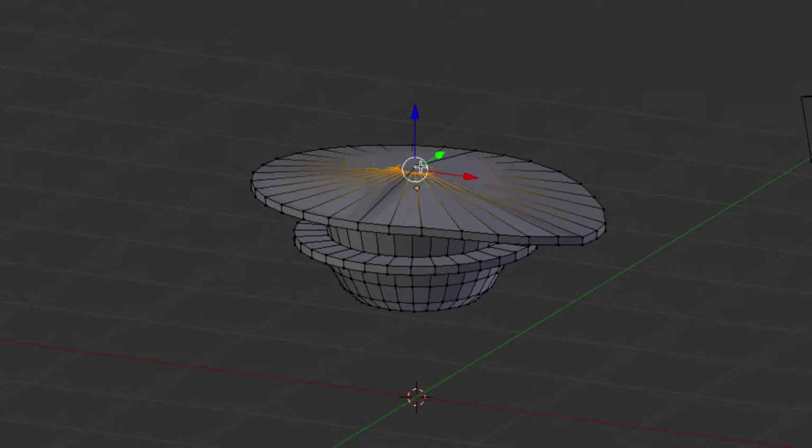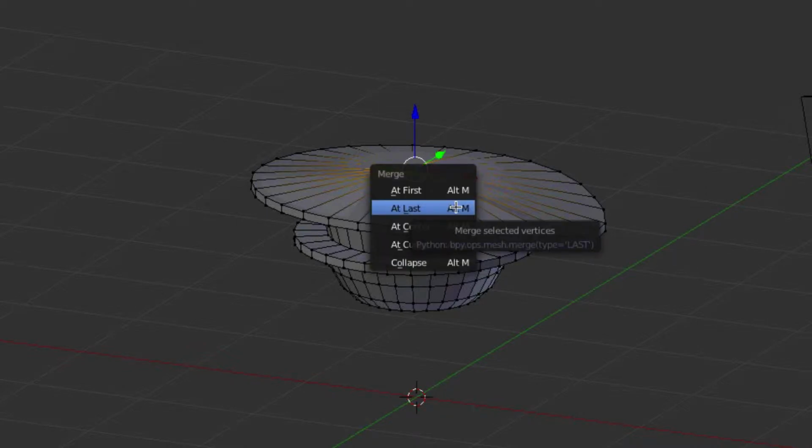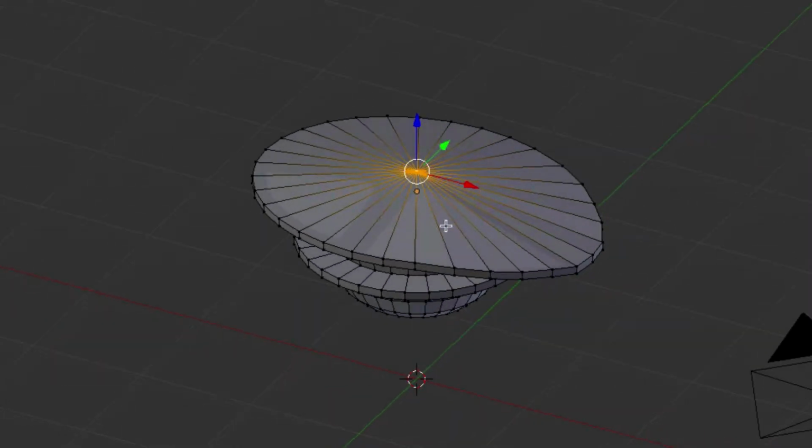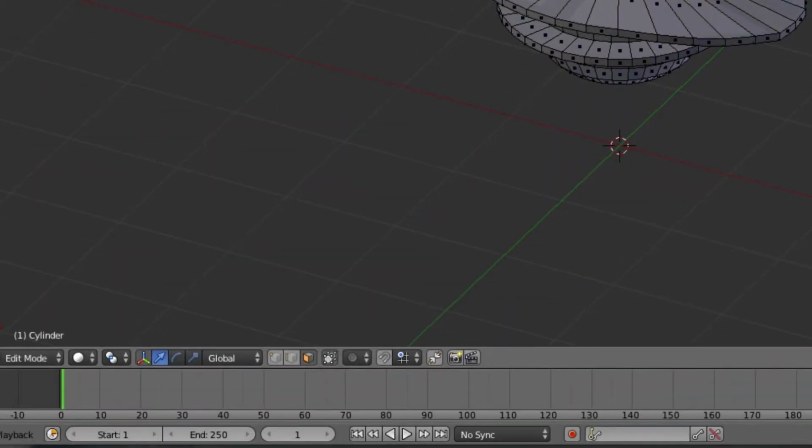vertice there. And we're going to hold shift again and click that last vertice, which was the center vertice. Then we're going to press Alt M for merge, then at last click that, and it will merge all those together. Now we can go to face select,